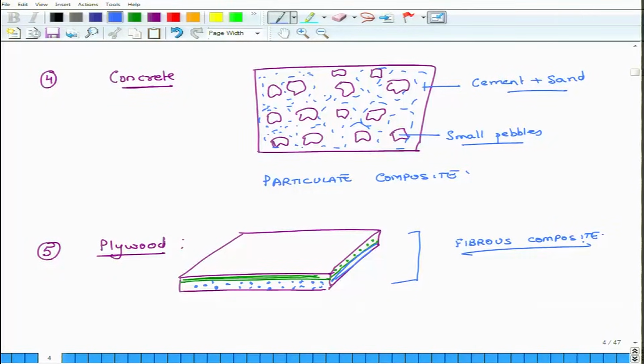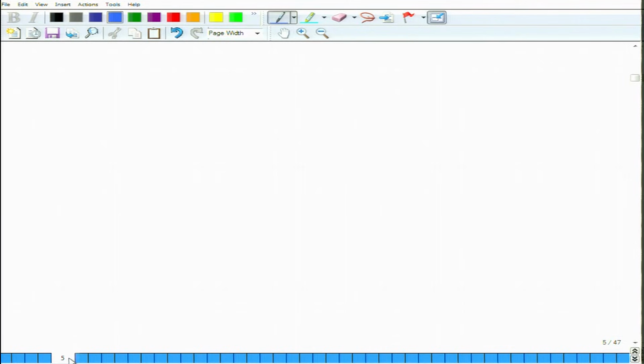Fibrous composite. Okay. Each ply itself is composite, but then here you have put several plies or layers glued together. So, that is why it is called plywood. Another example would be number 6,